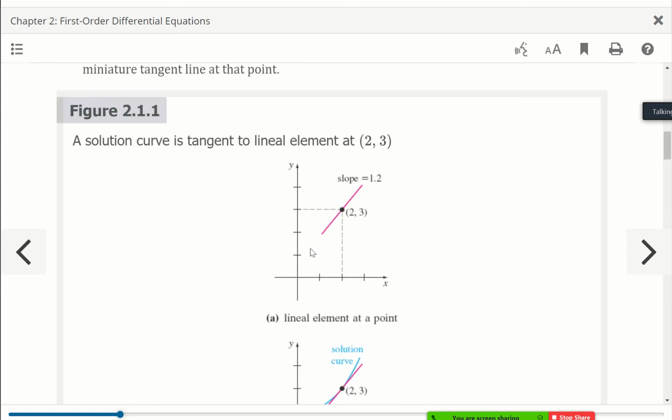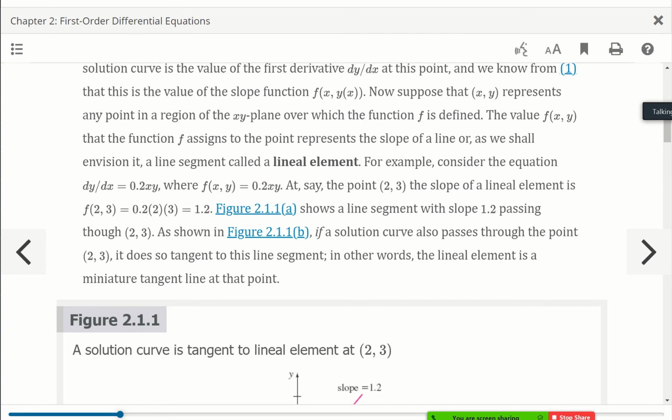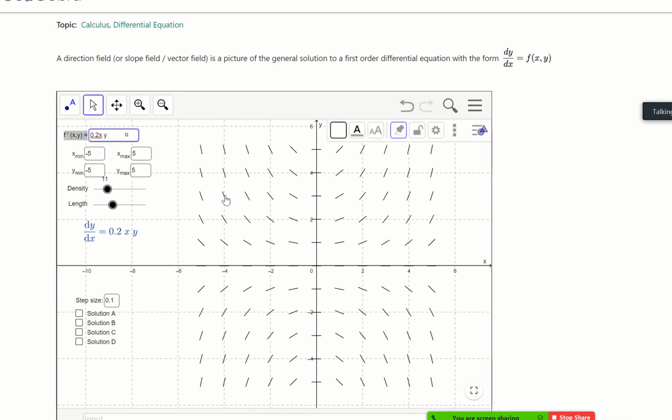One of the things, and I'm going to post this in the YouTube comments and probably also on the home screen, is that we can actually plot these using technology. In my opinion, this is one of those things where I might ask you to do one by hand, just one time ever. But calculators and computers can do these much better than we can. There's a nice link in GeoGebra, which is a great online graphing applet, where you can actually put in that function f of x, y. For this example it was